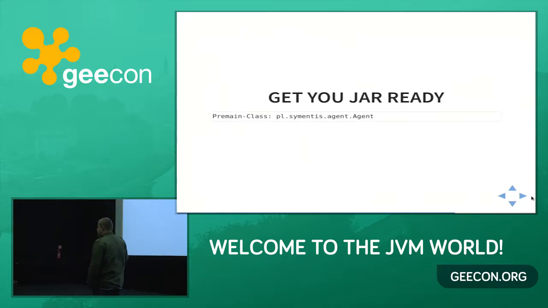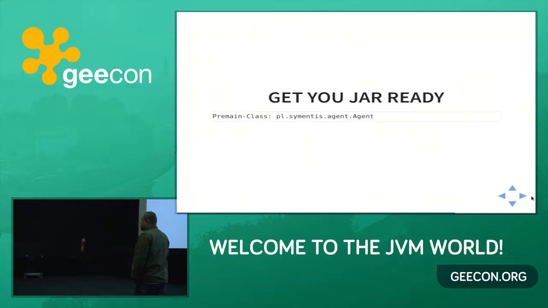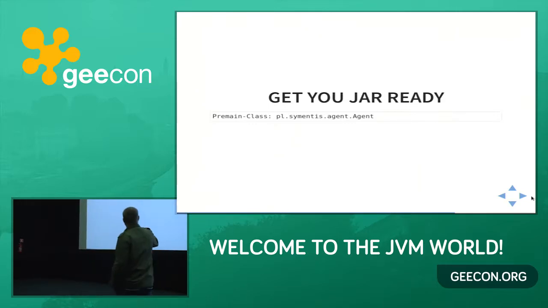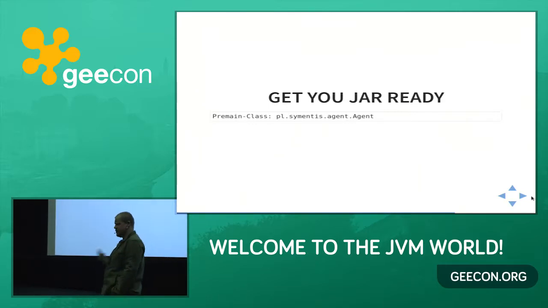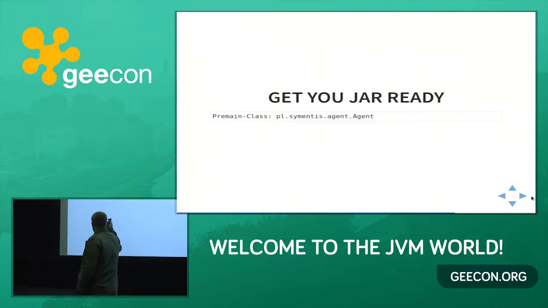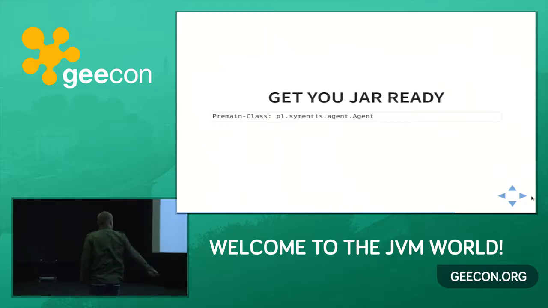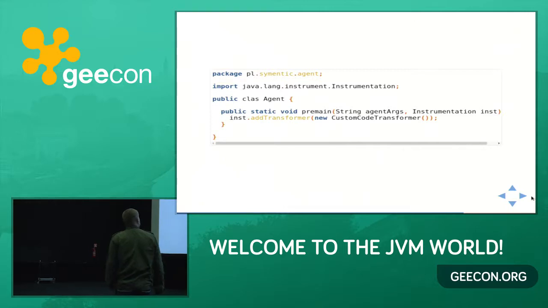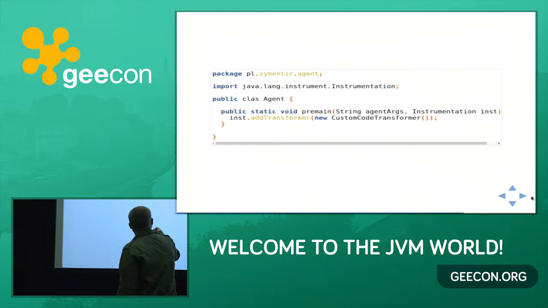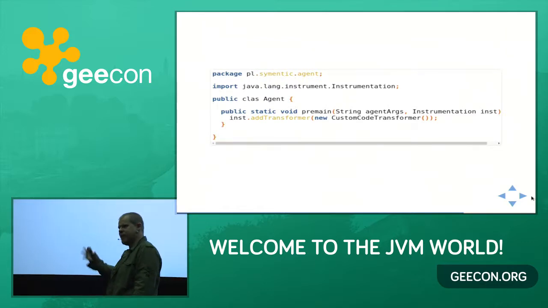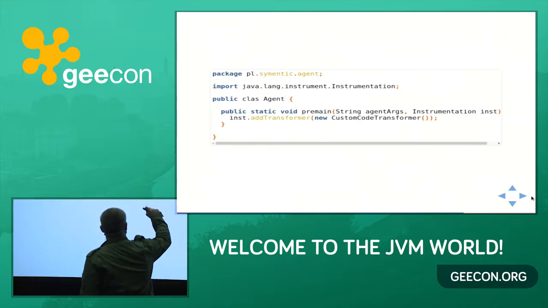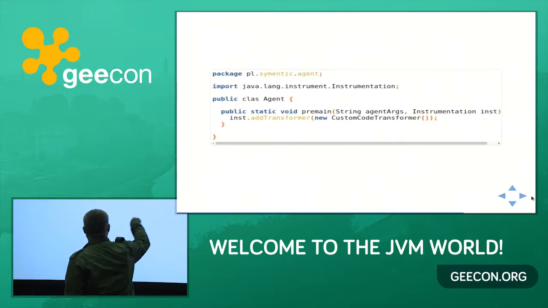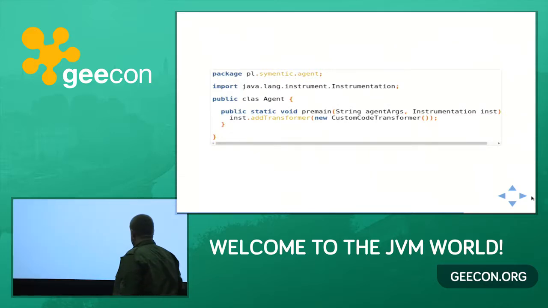How does it look? You have to create a jar file with a manifest, and in this manifest, you will have a Premain-Class. Not the Main-Class, like you usually have in your jars, but Premain-Class. And this is your own code. Next, you have to actually implement this class. It doesn't extend anything, but it has a premain method. Not main, premain. And these are the arguments you can pass to the agent. Where is the trick?